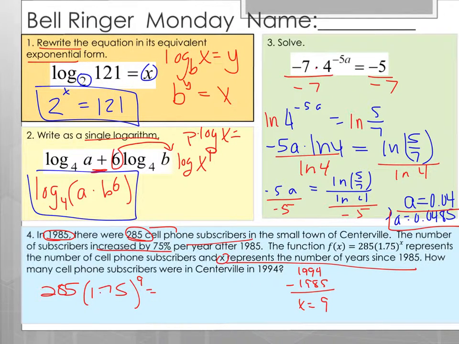Plugging that all into the calculator, I get 43,872 when I round it to the nearest decimal. And that is the number of subscribers. So I want to add that